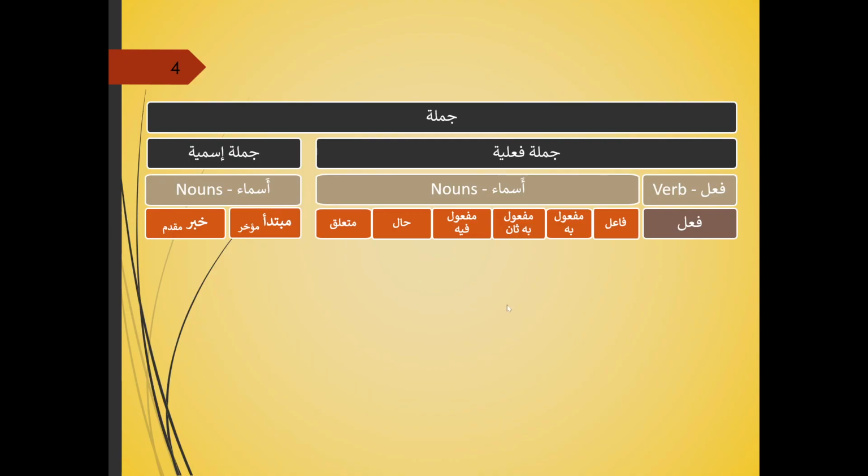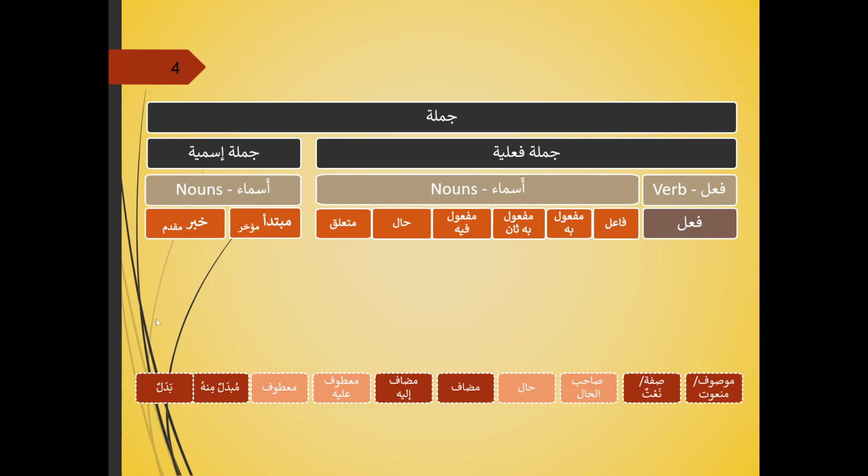And then we said that there were different types of phrases that we could use within the context of nouns. A fi'il will always remain a fi'il. There is no usage of phrases for nouns, but we can use phrases in the place of nouns. So we said that for certain roles or slots like fa'il, hal, mubtada, khabar, you can use any of the phrases that we have learned in the place of these.